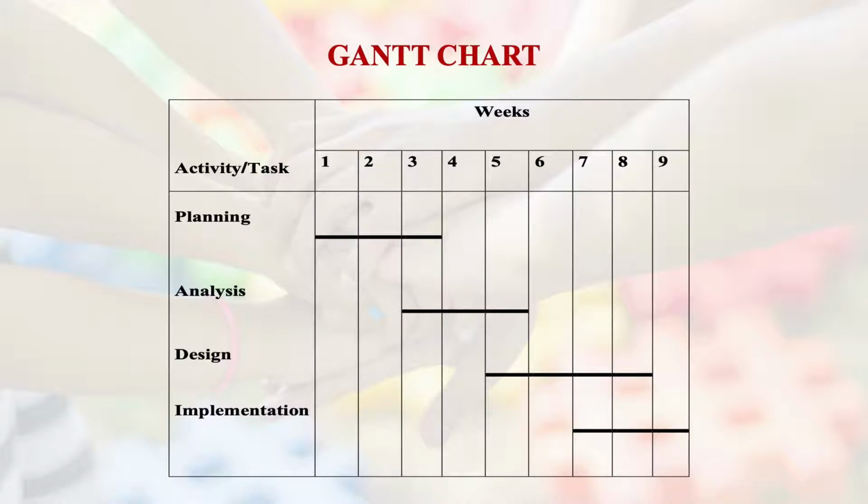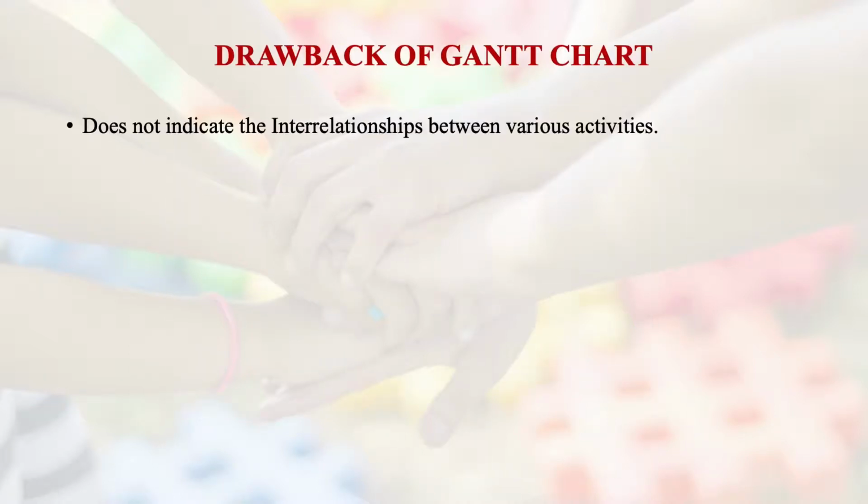Now, one of the major drawbacks, as I told you, as far as the Gantt chart is concerned, is that in general, it does not indicate the relationship between various activities. If multiple activities are related with each other, it is not going to be very clear, although the diagram will indicate that okay, there is some relationship, but not complete. It's hidden. So in order to overcome that particular situation, another technique was developed,